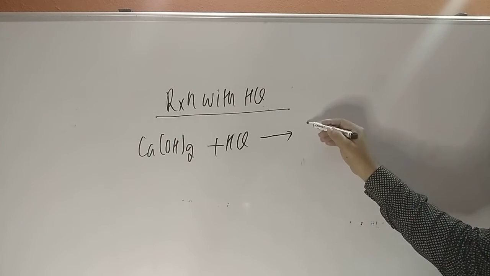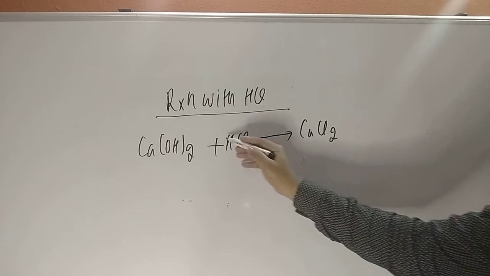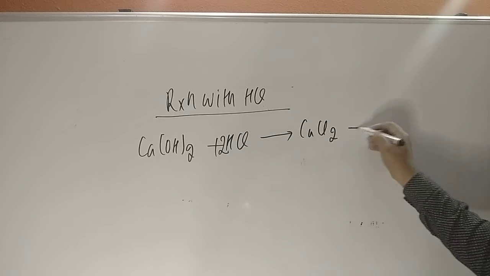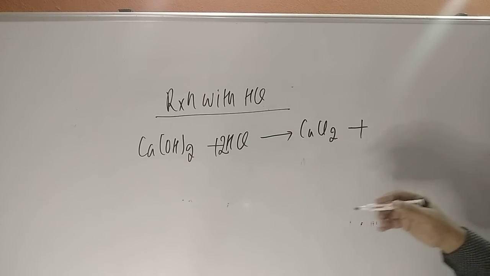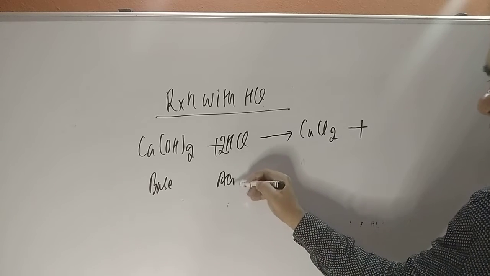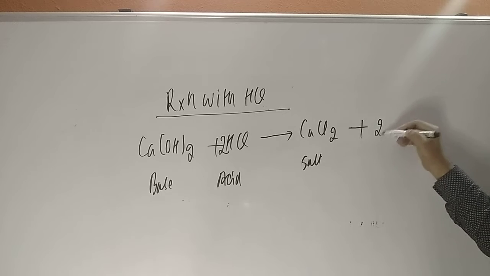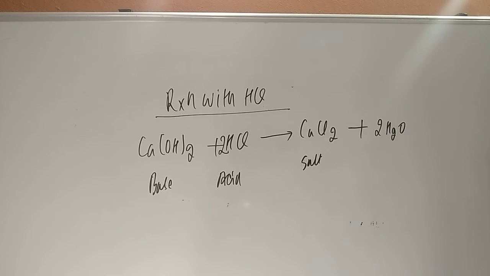Okay, so firstly it will give CaCl2, right, students? So you take 2 moles, and together what will it give, students? Because it is a base, nice students, it is a base, and this is the acid. So what is this? A neutralization reaction. It forms the salt, plus it will give 2 water molecules, students. So when it is reacting with HCl, it will give the salt and water molecules.